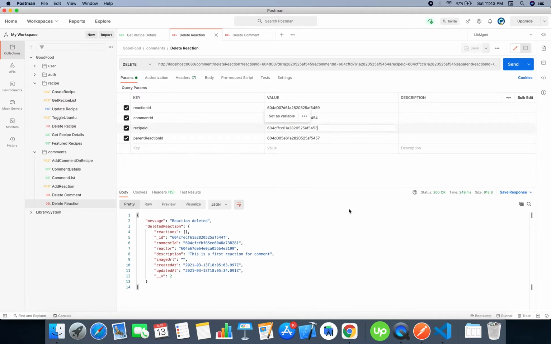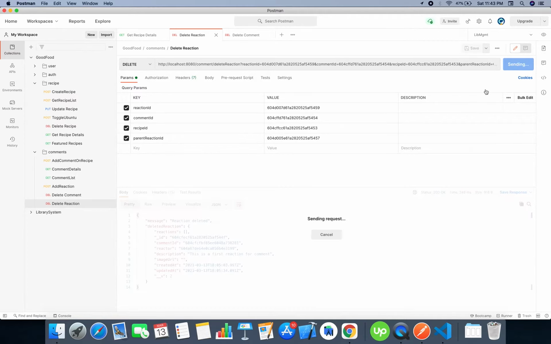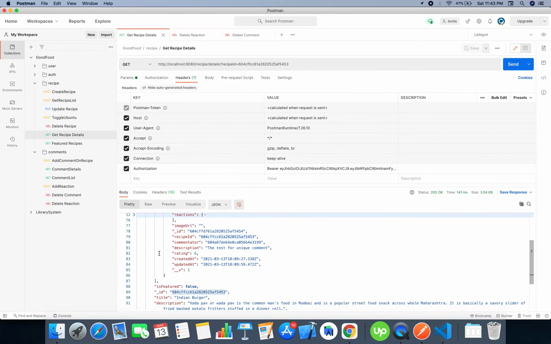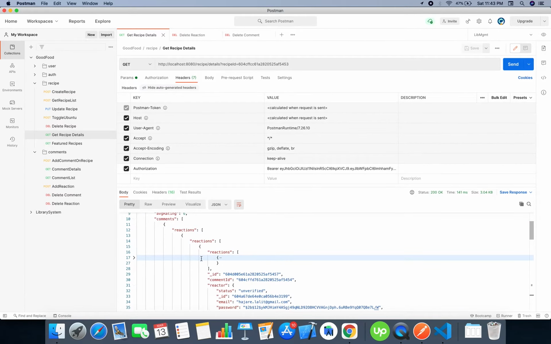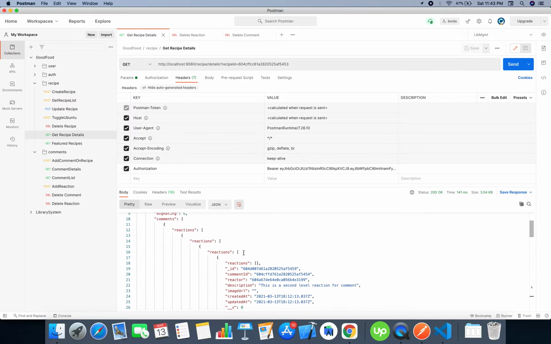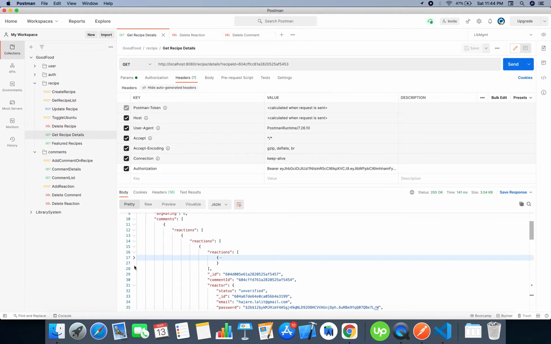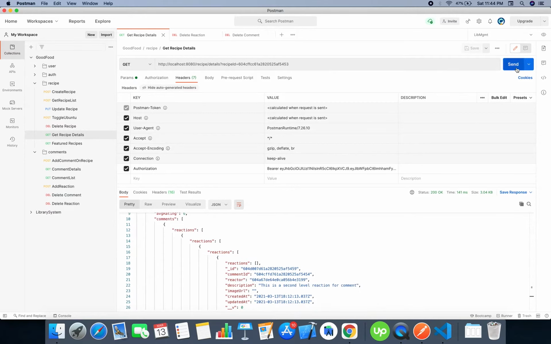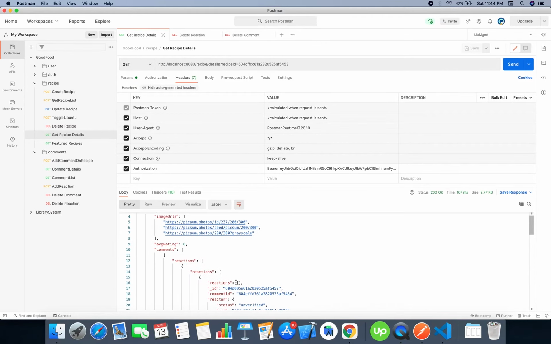Okay, now we are good to fire the API. Let's test it. So here is our hierarchy of reactions. This innermost reaction should be deleted if the API is success. Let's test it. Yeah, it is empty, so the reaction is deleted successfully.